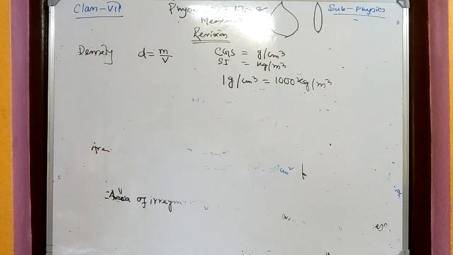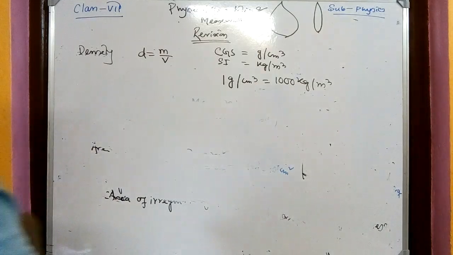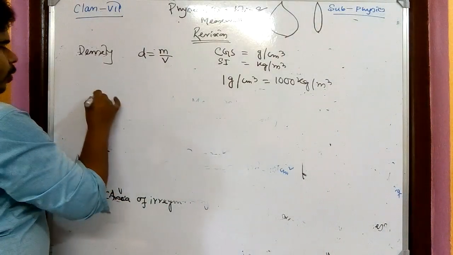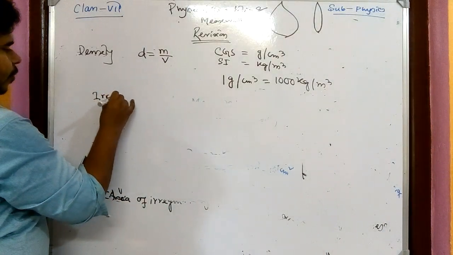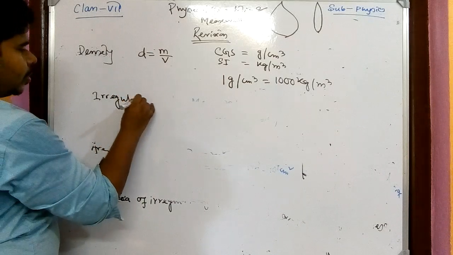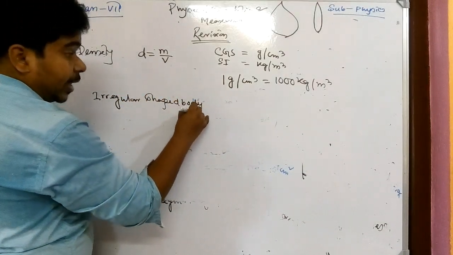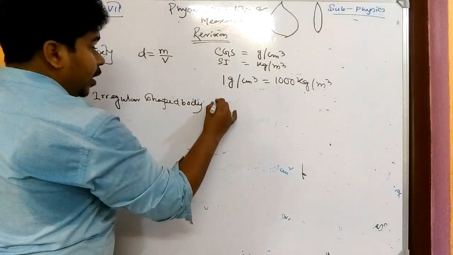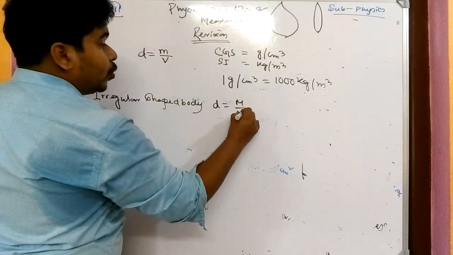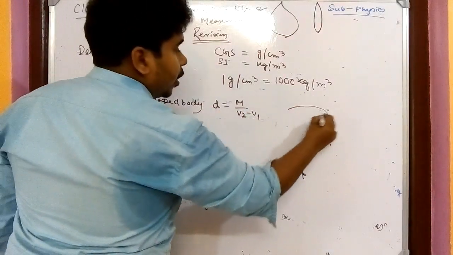How can you find the density? If the mass is given and you know the volume, you can find the density of the body. And if I'm talking about the density of an irregular shaped body, then for that case it should be D equals m by V2 minus V1,